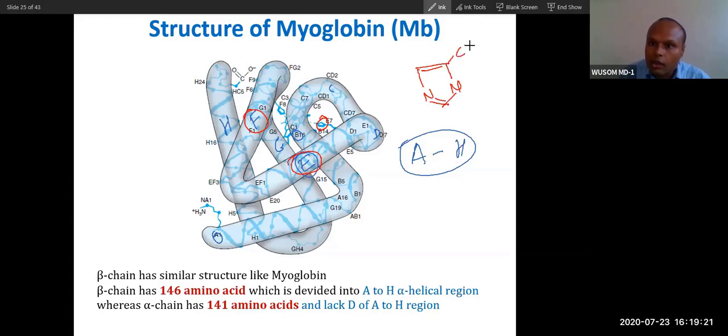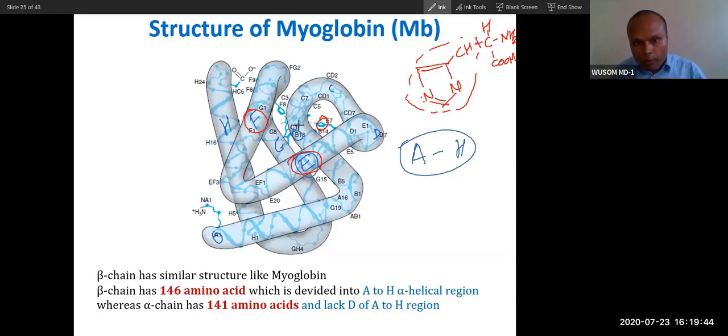You know what is amino: one is amino, and then the other is acid. You write acid. This is the amino acid, this is the side chain, and this is hydrogen. So this is the side chain of histidine. You can see the nitrogen present here in the histidine, and this nitrogen will bind to the iron that is present at the center of heme. The histidine of this E arm is called E7 histidine.